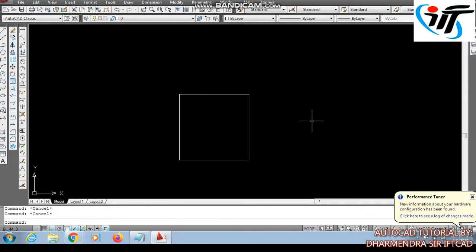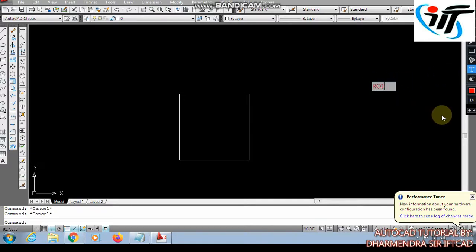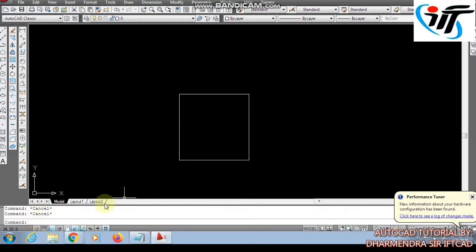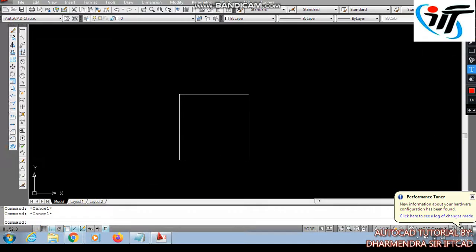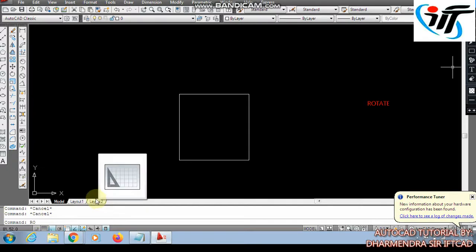Now I am going to use the required command, which is rotate. RO, enter. The short key is RO, enter.